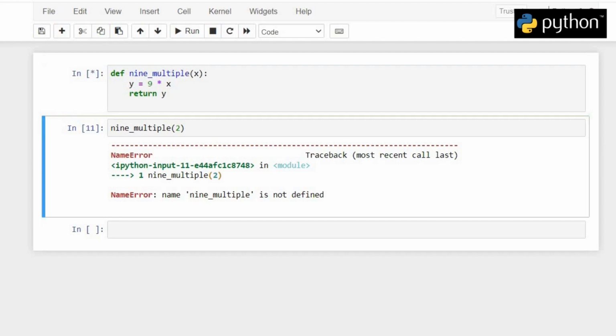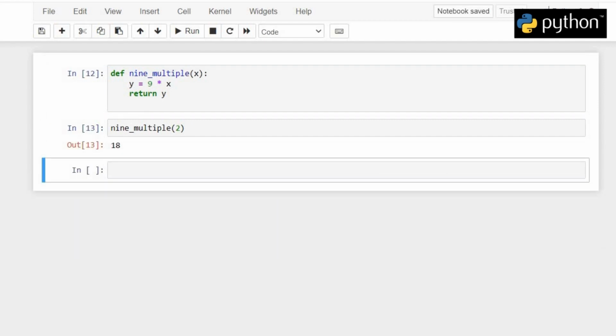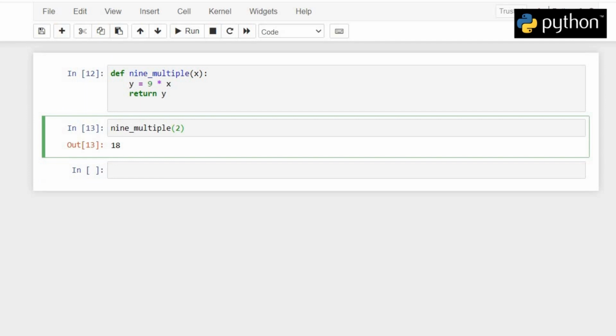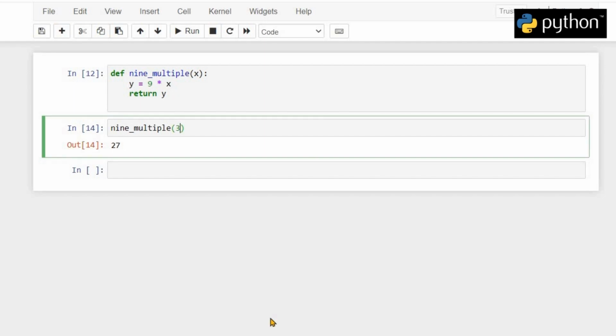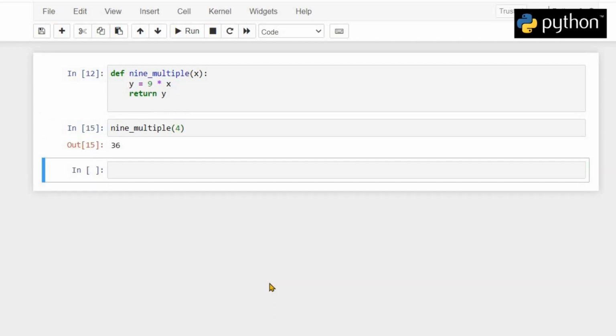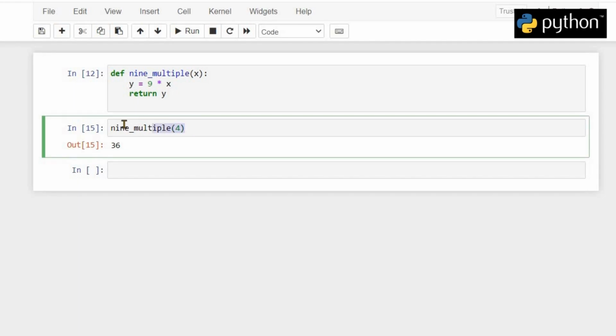So if we run this, we get 18 as an output. Similarly, if we pass 3 as an argument and run it again, we get 27 as an output. And if we give it 4 as an argument, we get 36 as an output. So this is how we define a function in Python, and this is how we call our function.